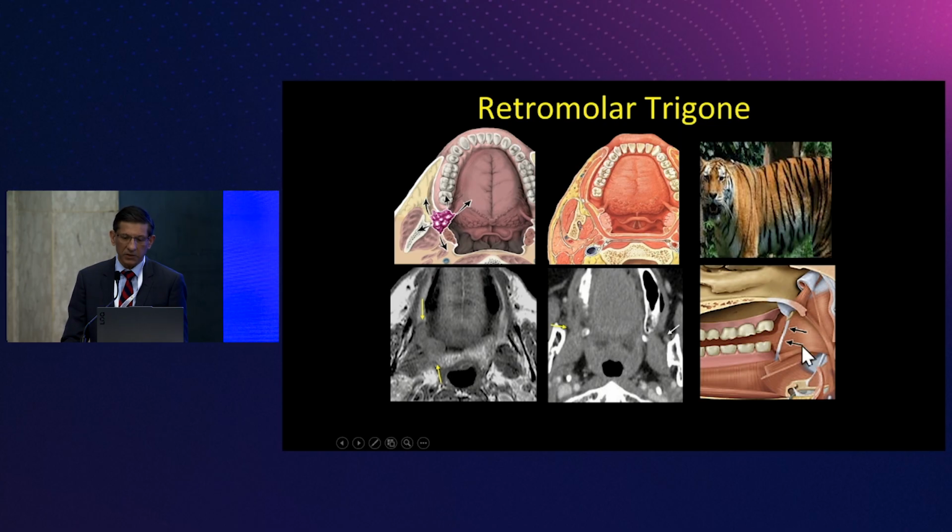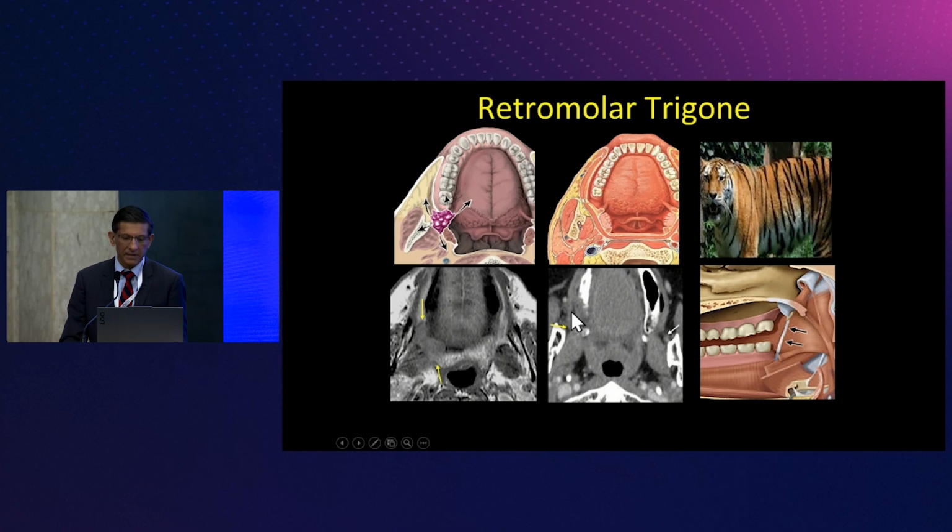Now these retromolar trigone tumors, as Dr. Weil mentioned, can grow superiorly all the way up to the hook of the hamulus. Why is that important? Because if the surgeons thought that this tumor was only located right here in the retromolar trigone by itself, well, it's possible if they don't see this superior extent extending up to the pterygoid, they're going to get a positive margin. And how do we determine that? Well, look at my stripes. Draw a line down the middle. Here's the buccinator muscle. Here's a fat plane. Here's the hook of the hamulus.